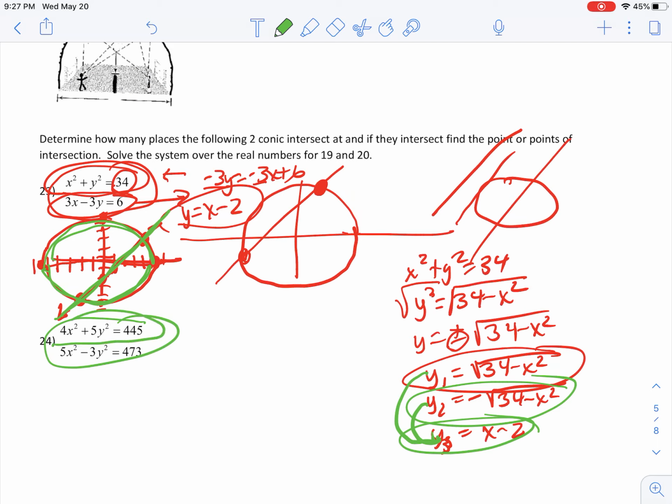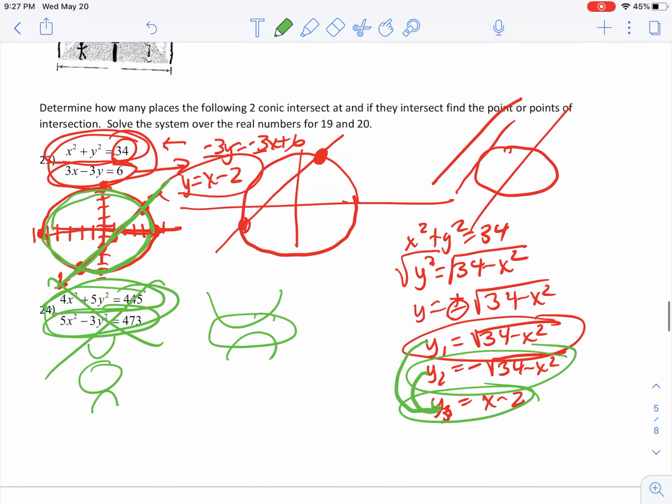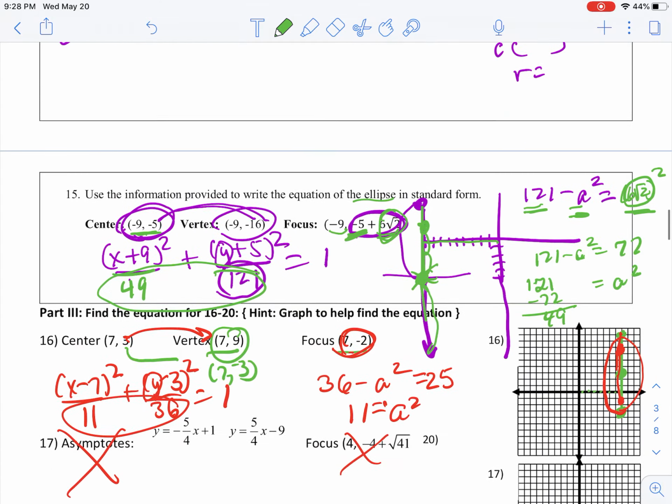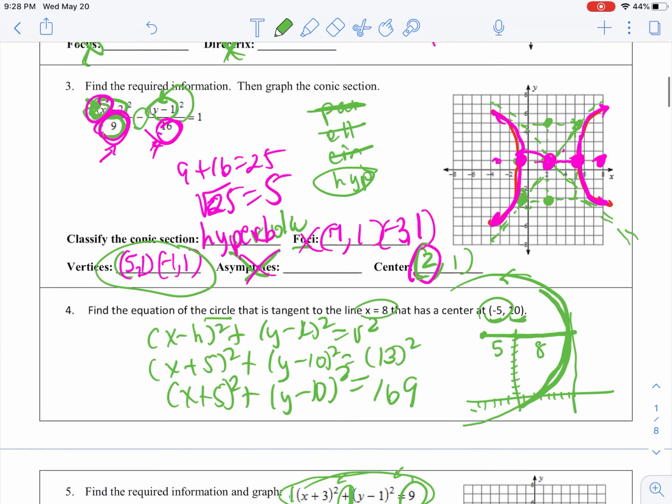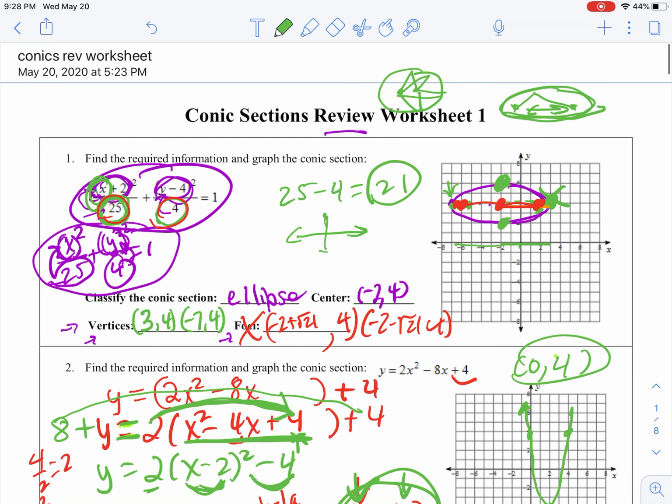And then here you have a circle, you have an ellipse and a hyperbola. So lots of things can happen with an ellipse and a hyperbola. There's a lot of intersecting points, but you don't have to do it. It could be none, could be 4 at the most, but you are not responsible for that one right now. But next year you would need to be able to understand that to do problems like that and find area. And then in the next video, I'll actually be changing them